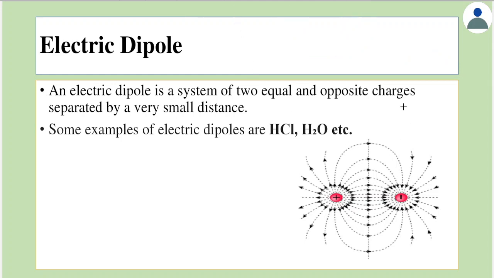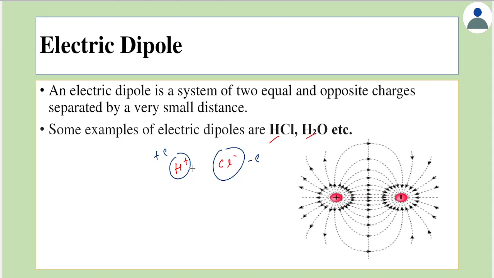There are many examples of dipole. The most common examples are HCl, H2O. We'll take up these dipoles in detail in a later chapter. For now, just to make sense of it, if we think of the HCl molecule, then we'll have an H plus ion and then a Cl minus ion. So this hydrogen has an excess of protons and this has an excess of electrons. So this charge would be plus e and this would be minus e. Now this would constitute a dipole.